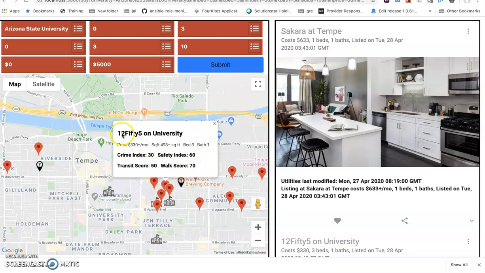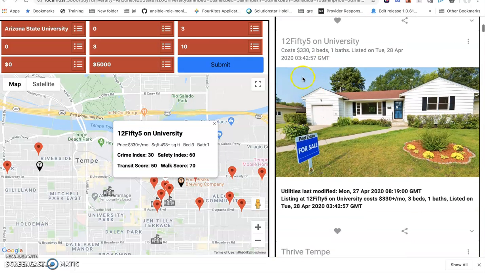This is the property 1255 on university, and you can see all the basic information for this property, such as price, square feet, bed, bath, and all that. This is from the Realtor API, and we also wanted to give some insights on the safety indexes of the locality of the property, and how accessible the place is.